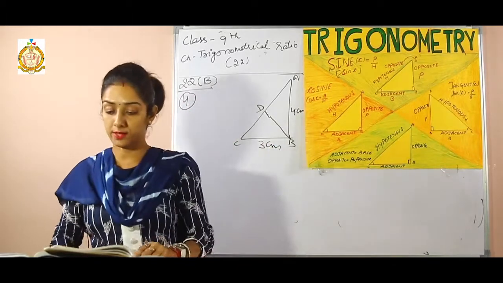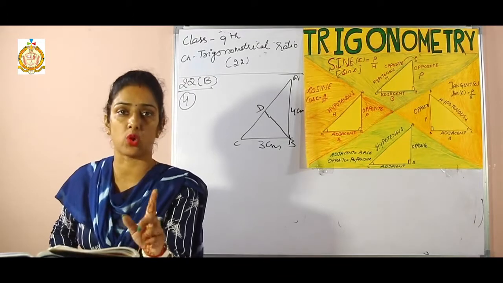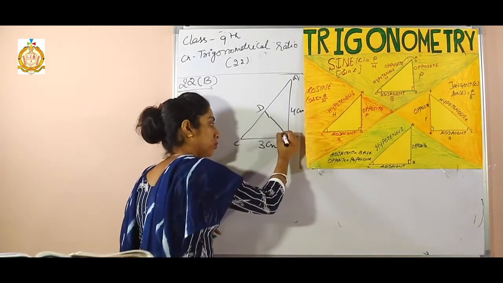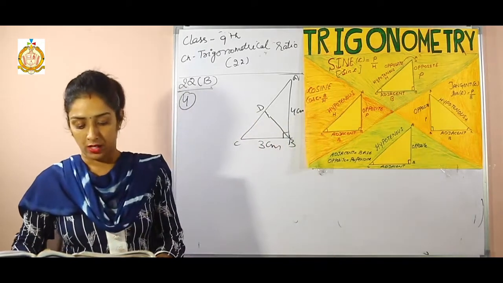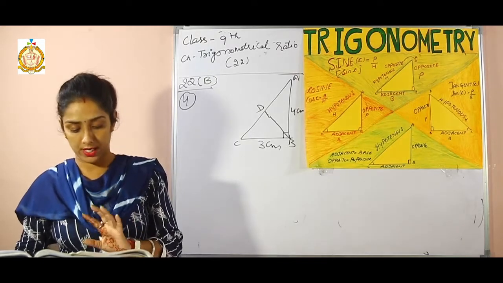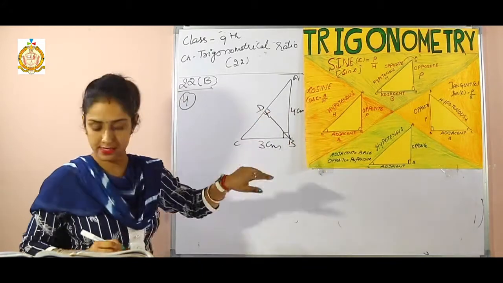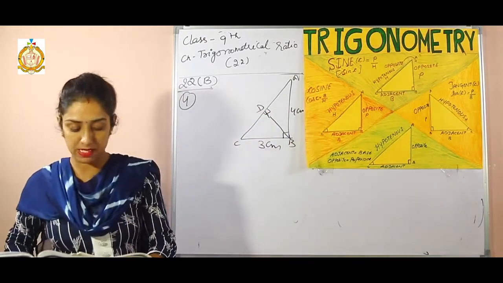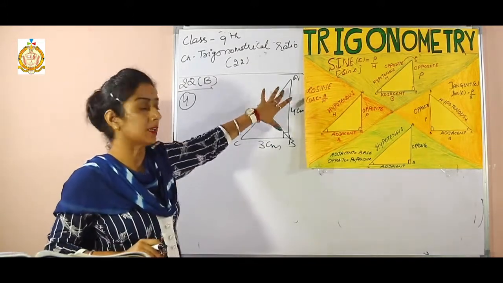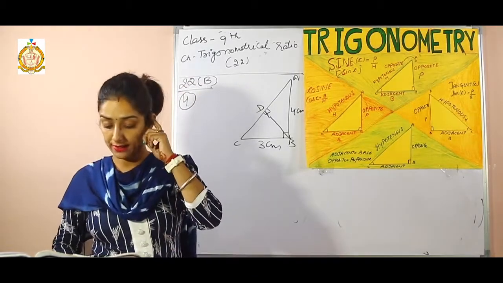Now see a statement. In a given figure, triangle ABC is right angle at B. Means this one is a right angle and D is the foot of perpendicular from B to AC. Means this is the foot of perpendicular from B to AC. Given that BC, that is 3 centimeter, and AB is 4 centimeter. Now we have to find tan,